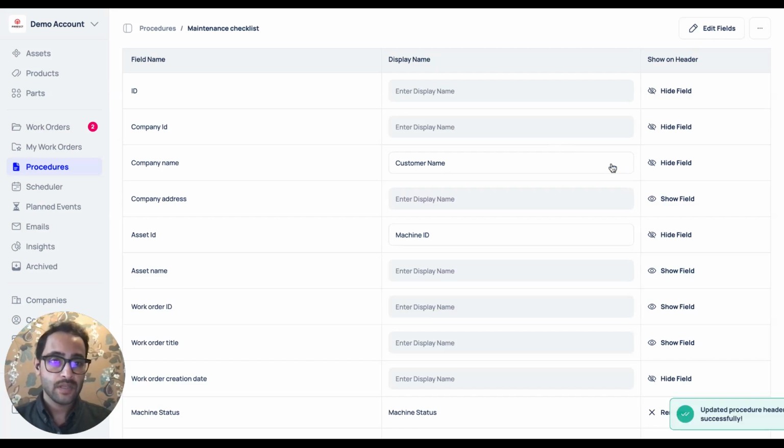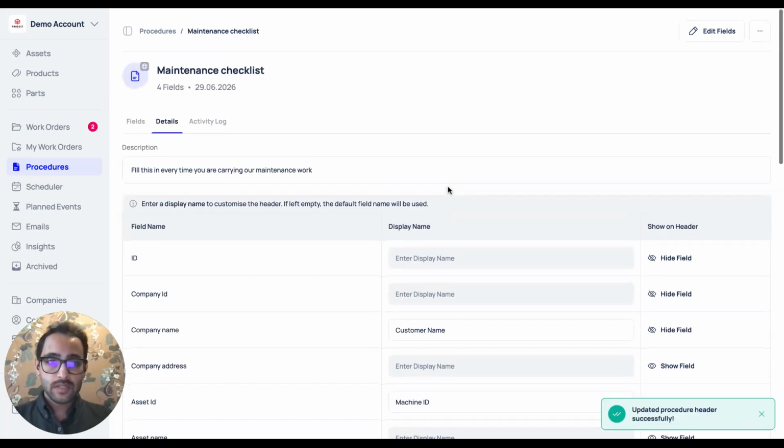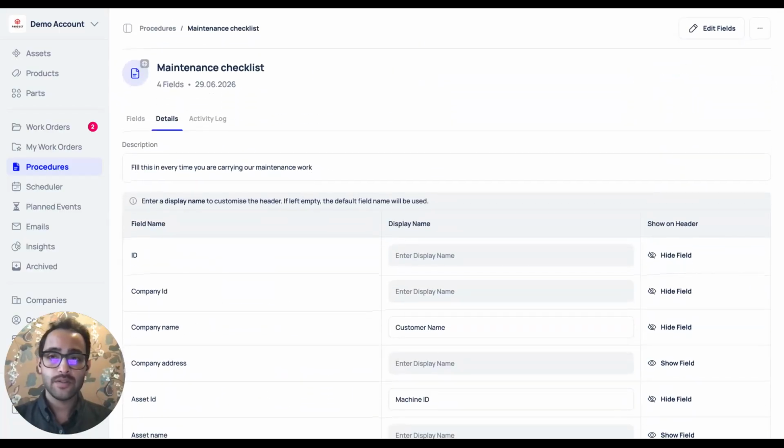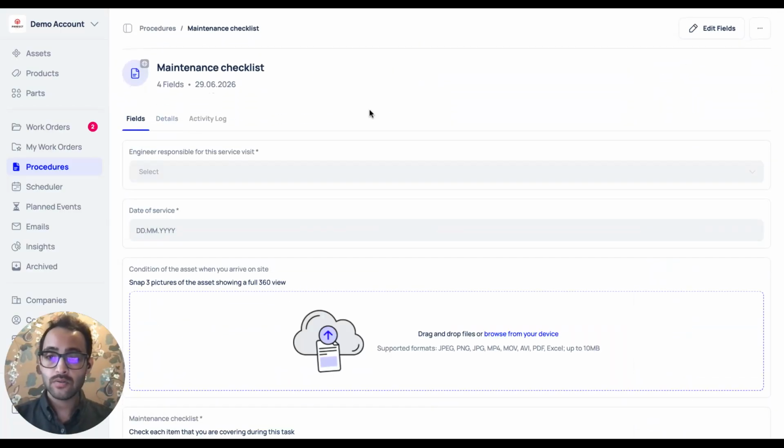Once I've set all this up, this procedure is ready to go, and my engineers can simply attach it to a work order and fill it out. That's all